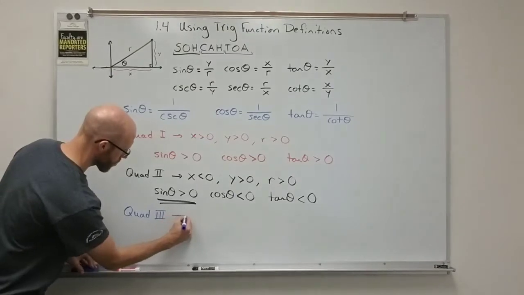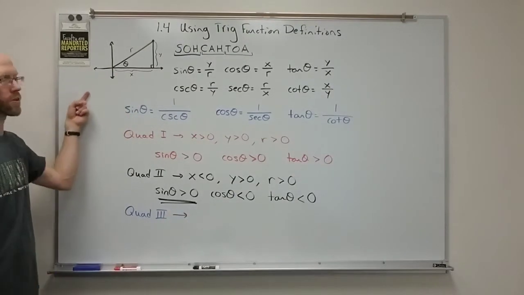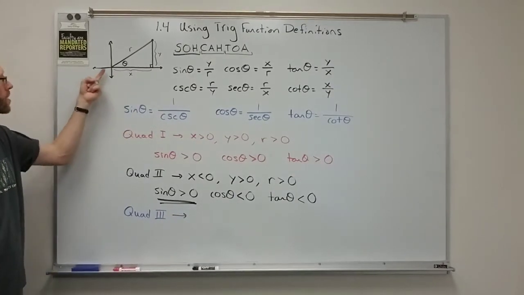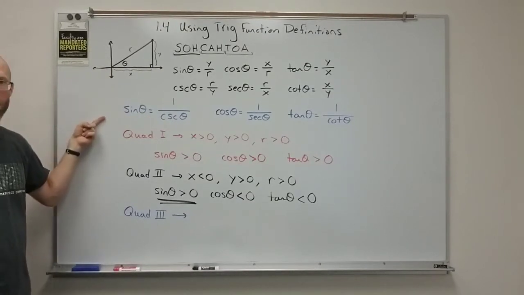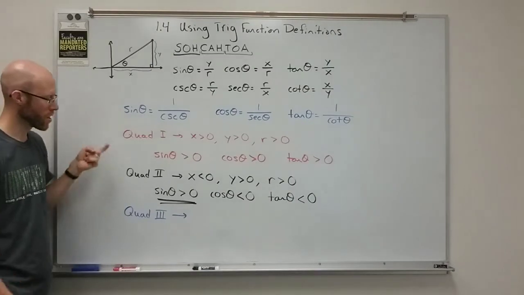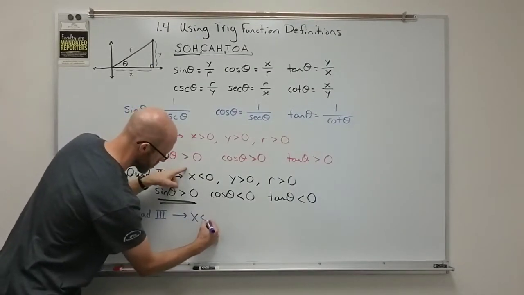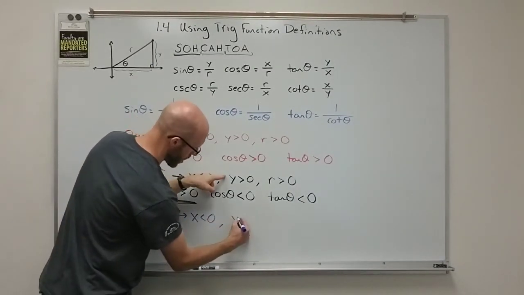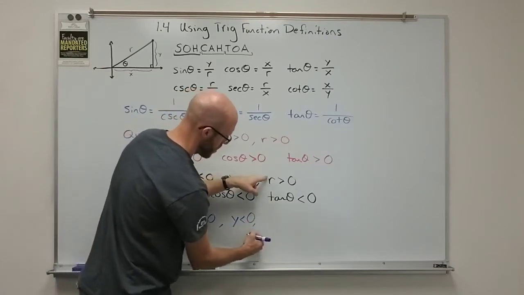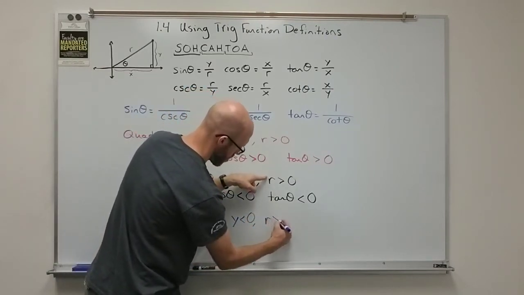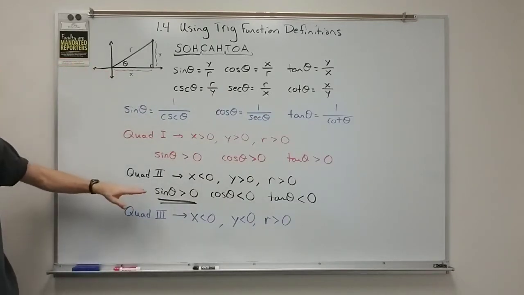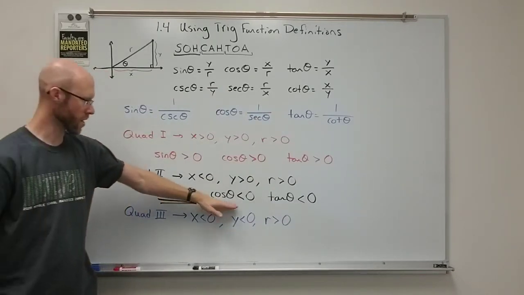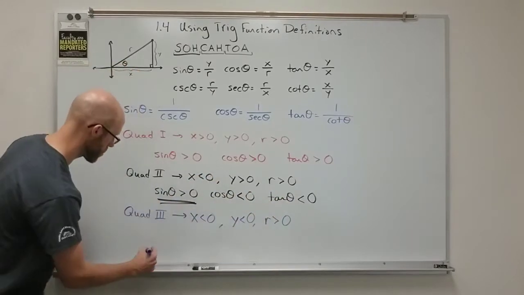Well, in quadrant 3, you're going to be down here in the lower left, and in the lower left, the x is negative and the y is negative, okay? Both are negative. So I'd have x less than 0, y less than 0, and r, the radius, again, is positive. And so when I identify the sign of the three trig functions,